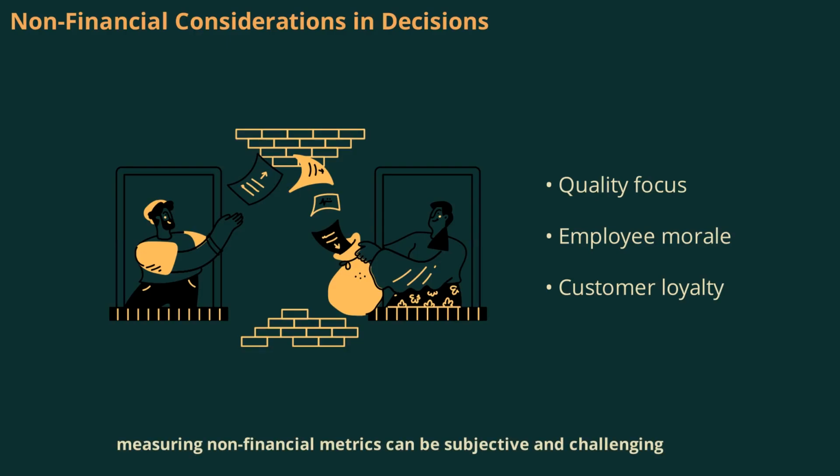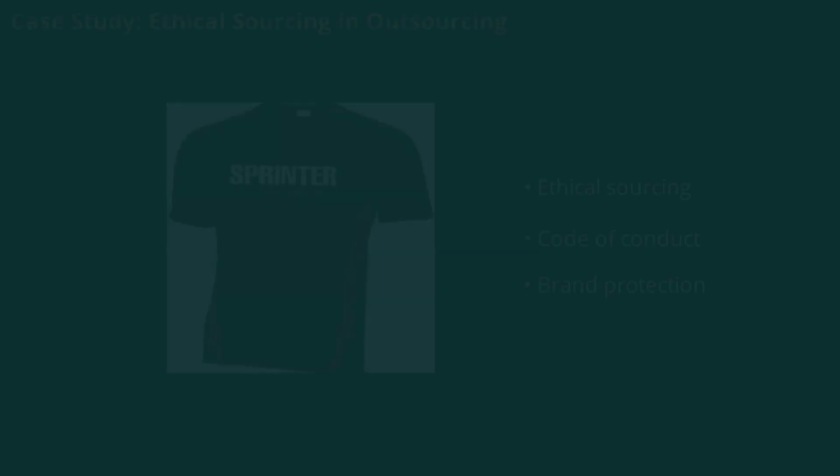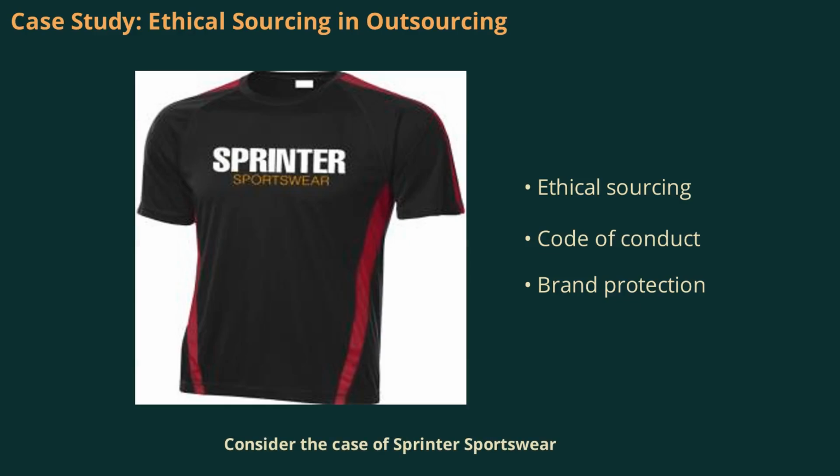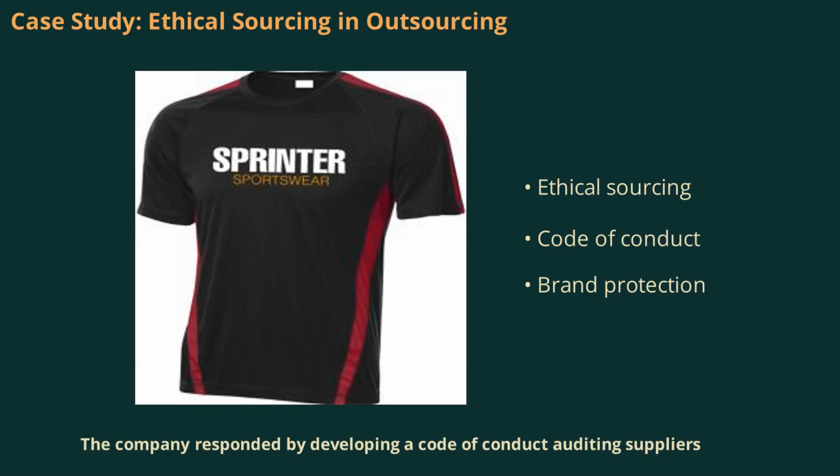However, measuring non-financial metrics can be subjective and challenging, making it essential for managers to balance both quantitative and qualitative information in their decisions. Consider the case of Sprinter Sportswear, a multinational company that outsources production to factories in low-cost countries. Reports of child labor and poor working conditions in its supply chain raised ethical concerns. Although Sprinter was not directly involved, it faced a moral responsibility to address these issues. The company responded by developing a code of conduct, auditing suppliers, and increasing transparency, demonstrating how ethical considerations can drive